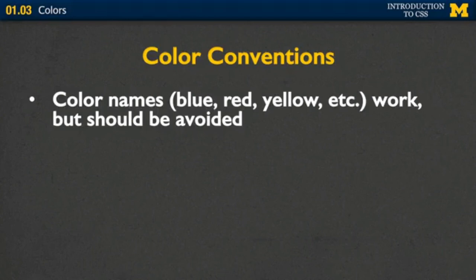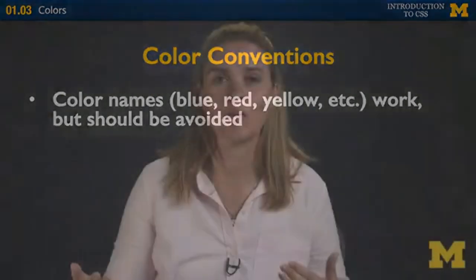We talk about the three different basic color conventions, the main ones that people use. Conventions is just another word for suggestions. It's not a rule. You don't have to follow the rules I'm going to give you. It's just the way that most programmers program so that they can understand what you're trying to do when they look at your code. One way that you can add color is to just simply use the English words, blue,